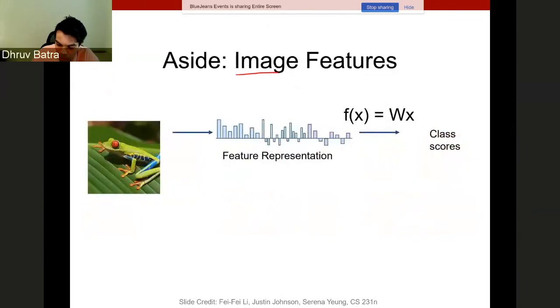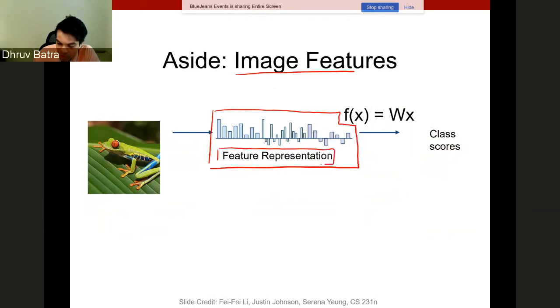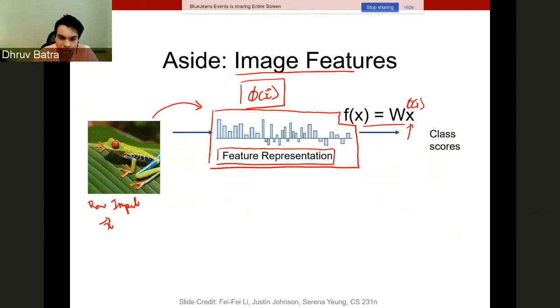And this is why if you take a computer vision class, or even an NLP class or anything else, any data-based class where the focus is on the kinds of data that's collected, large parts of that class will be devoted to what is known as feature design or feature construction or feature representation, where expert intuition or domain knowledge is used to construct some better representation phi of x. So if this is the raw input that we are calling x, people spend large parts of their time hand designing representations on which you can then do machine learning. So the downstream processing of linear classifiers, nonlinear classifiers, decision trees, whatever, is typically done on some representation that is